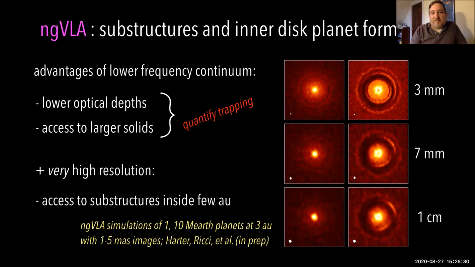But really, the thing about the ngVLA that's so interesting to those of us studying substructures is the access to very high resolution, where the combination of that and the lower optical depths will allow us to see substructures inside a few AU for the first time. And I'm showing here some in-prep simulations from Harter and Ricci and their team of ngVLA simulations at 3 millimeters, 7 millimeters, and 10 millimeters of 1 to 10 Earth mass planets at 3 AU and what they might actually look like. So these are really pushing the boundaries of the ngVLA,